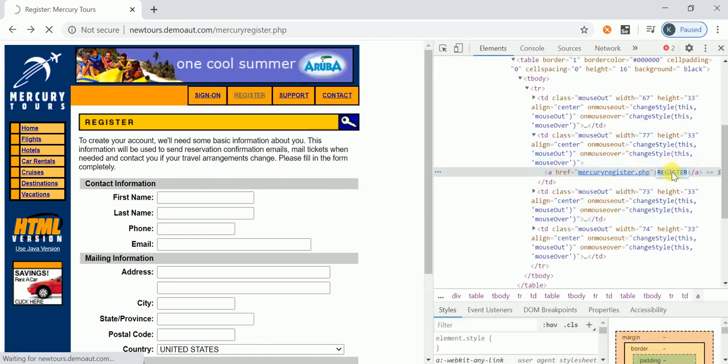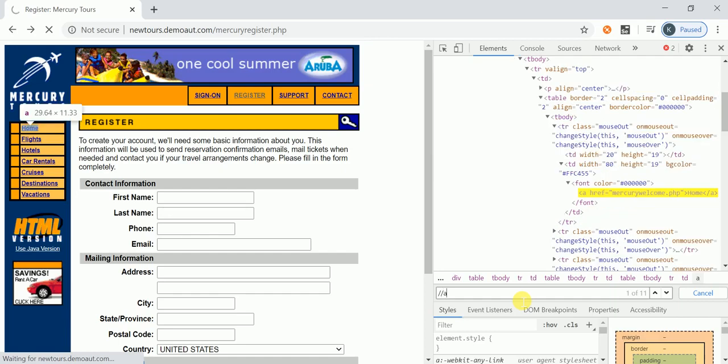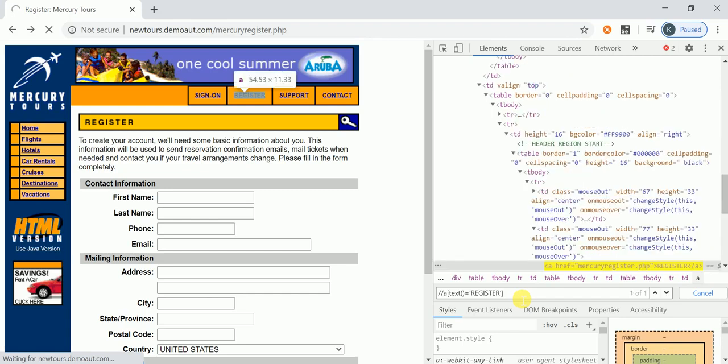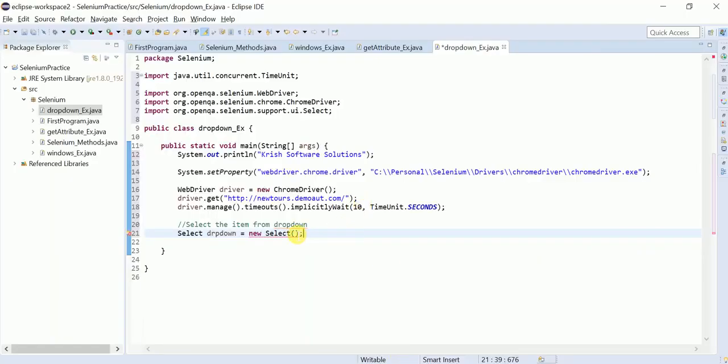See here, register text is there, link text. Already I explained to you about the XPaths and all. Now I am going to write XPath here. So text equal to, see, one of one is displaying here, and it is also highlighting the register link.